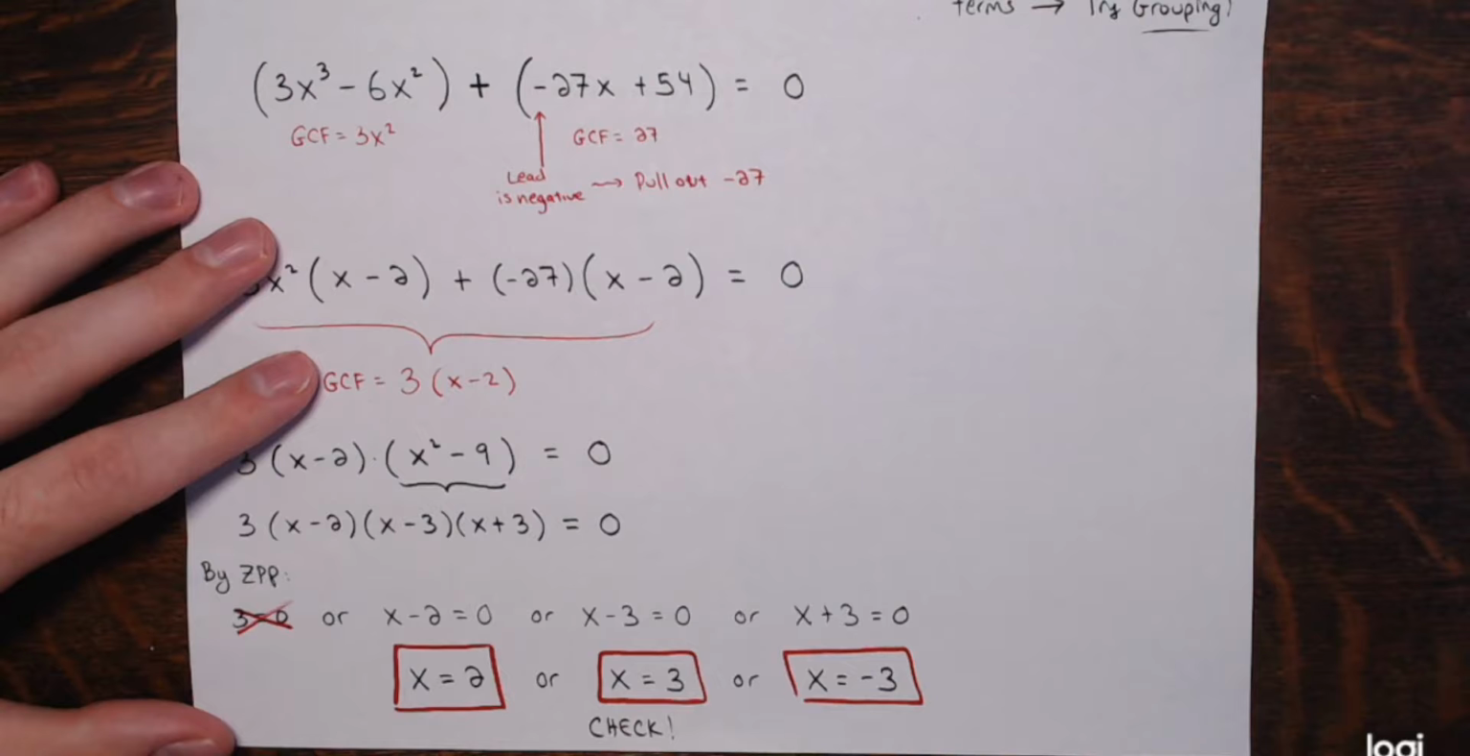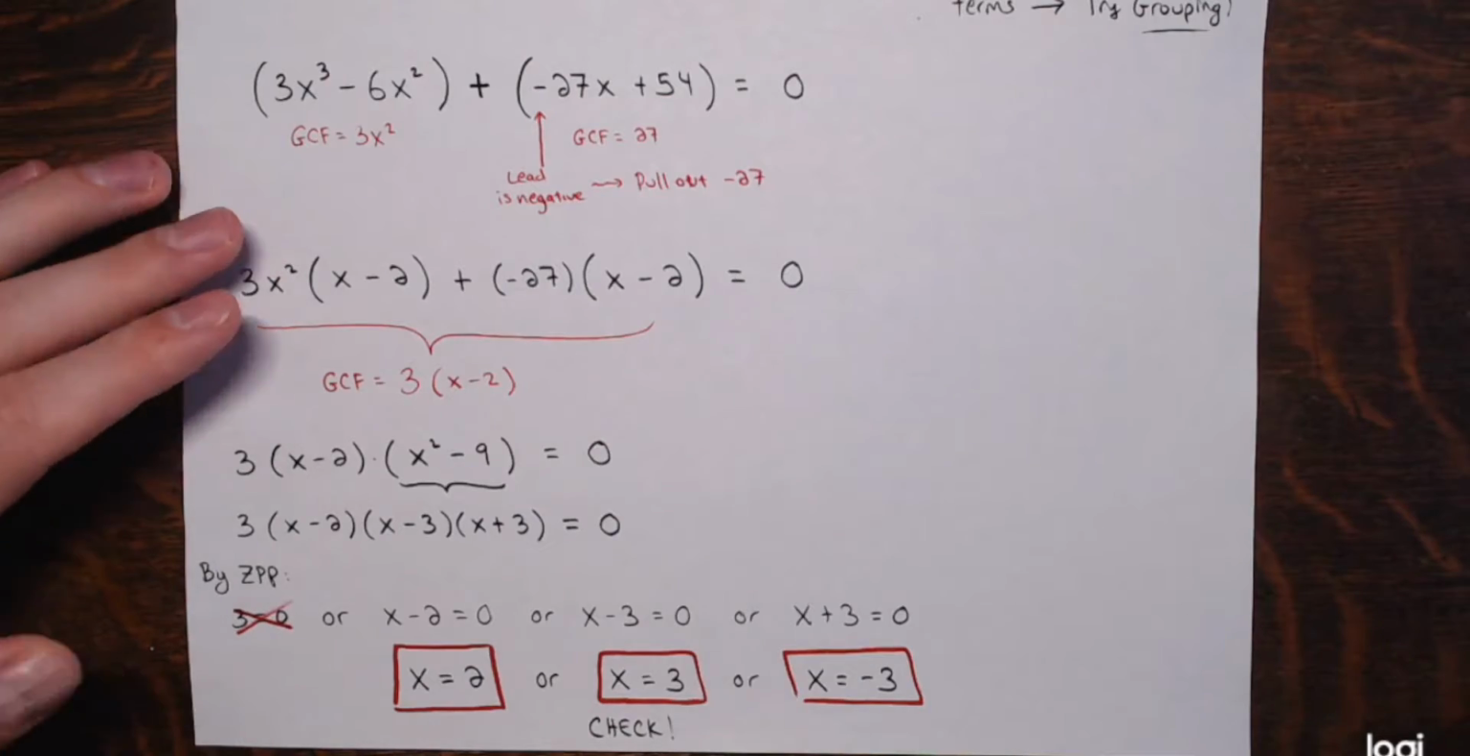Wonderful. Yeah, so I'm going to be doing the same steps every time though, right? Polynomial equals 0. Factor the polynomial completely. Then use the zero product property, solve the resulting equations, check your solutions. Wonderful. All right, so the next example,